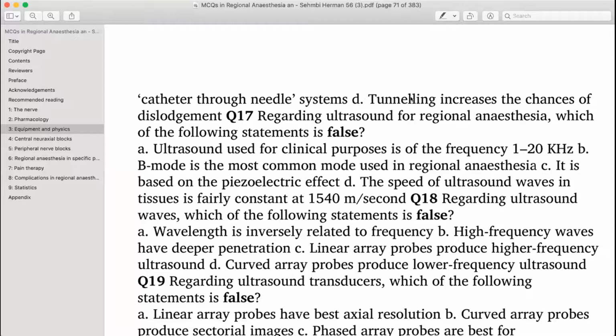Yes, sir. You may be aspirating and blood is not coming. It is because your vein is much deeper than what you are seeing in the ultrasound. This is what you have to get in your mind, because the ultrasound calculates speed based on some assumption. The assumption is that ultrasound travels at a constant speed across all the tissues, but in reality it is not like that. So whenever what you are seeing looks like you have reached the target, still you are not on the target. It's not stimulating the sciatic nerve. In the ultrasound image you are into the sciatic nerve, but you are not stimulating it. Sometimes the sciatic nerve may be a little more deeper.